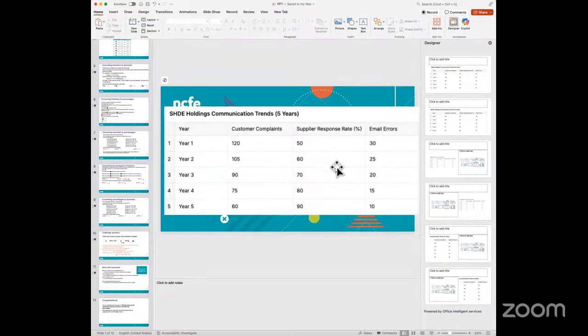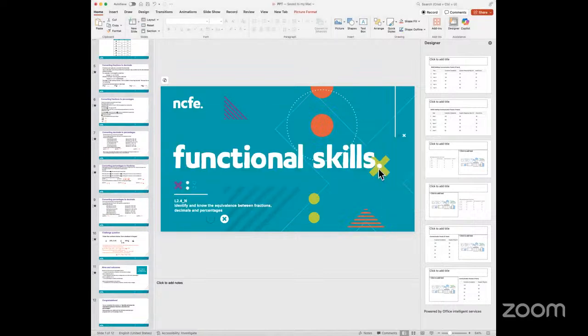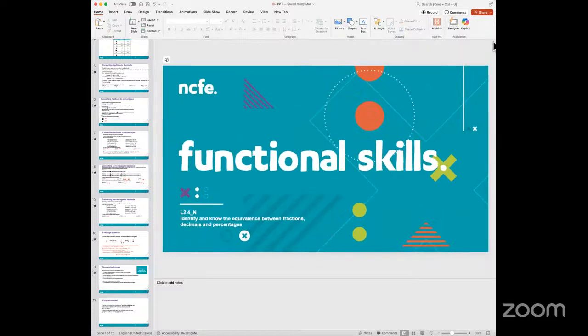So if the company was looking at communication with the suppliers, customers, in year one, they had a 30% or 50% response rate from suppliers. That means they were opening up the emails and things like that. So again, this could be used as a medium to look at simplifying a lot of numbers that don't mean anything to me. But the moment I see percentages, it starts to make sense because it is depicting some information in the form of a summary, or in a way which allows me to express fractional values or decimal values in the form of percentages, which makes it easier for me to understand.